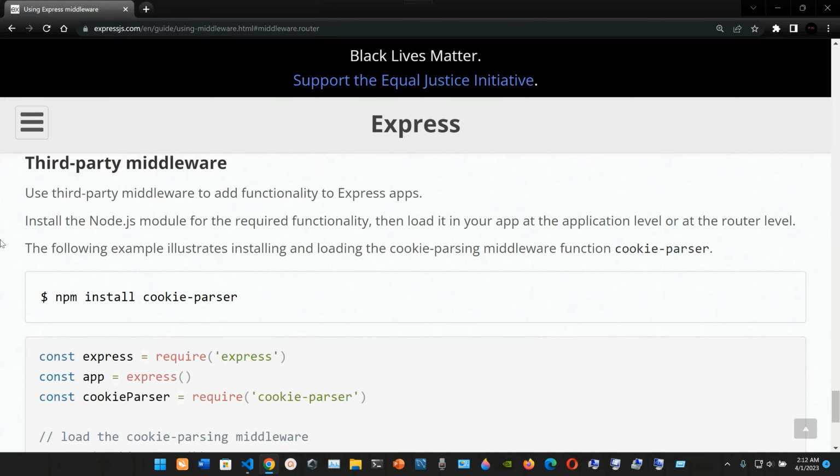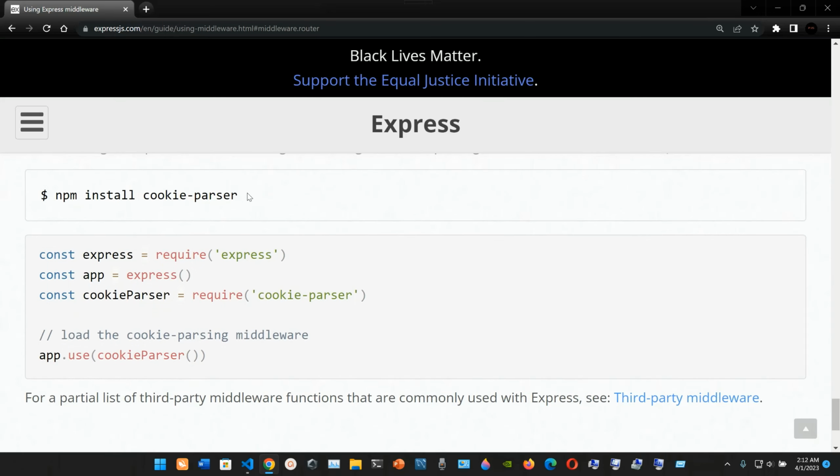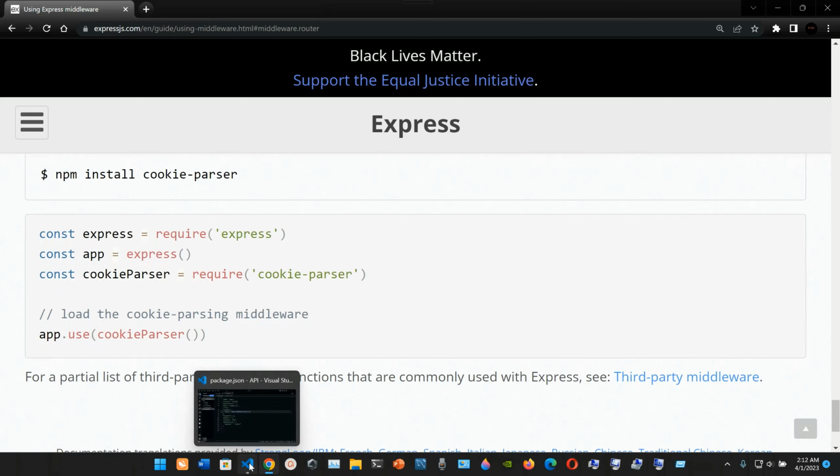And finally, we have third-party middleware. Use third-party middleware to add functionality to Express apps. Install the Node.js module for the required functionality, then load it in your app at the application level or at the router level. The following example illustrates installing and loading the cookie-parsing middleware function cookie-parser. So what you would do is you would type in npm install cookie-parser and make sure that you have Node.js installed on your computer, and then you will call in Express, const express = require express. We will have the const app and set it to express,